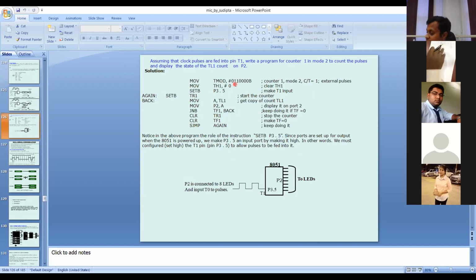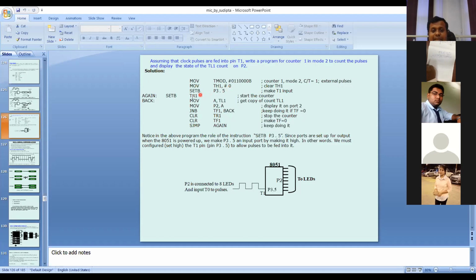Okay. Yes, sir. So clock pulse will be coming into the P3.5. P3.5 is nothing but T1. You can see from the pin configurations. So this kind of clock pulses enter into the P3.5. And it will be counted. So whenever we are starting our calculations or counting, always starting from 0. Am I right? Yes. How many students are there? 1, 2, 3, 4. So initial value always 0. That's why TH1 is initially over here 0.